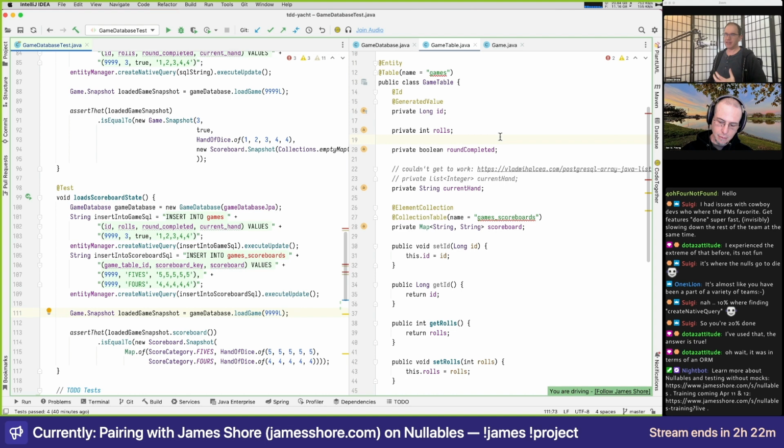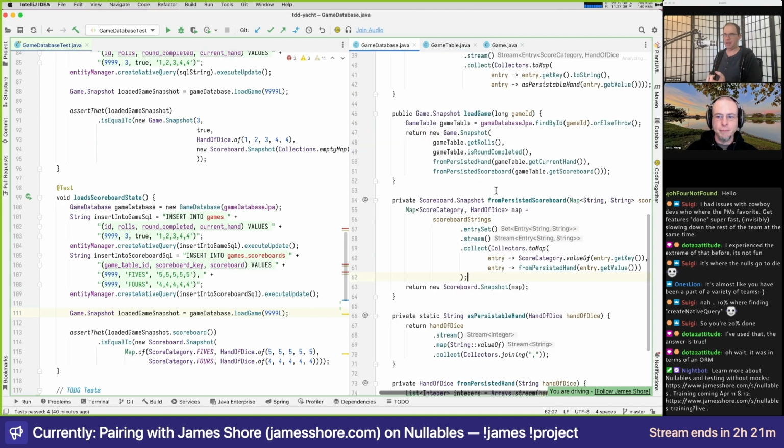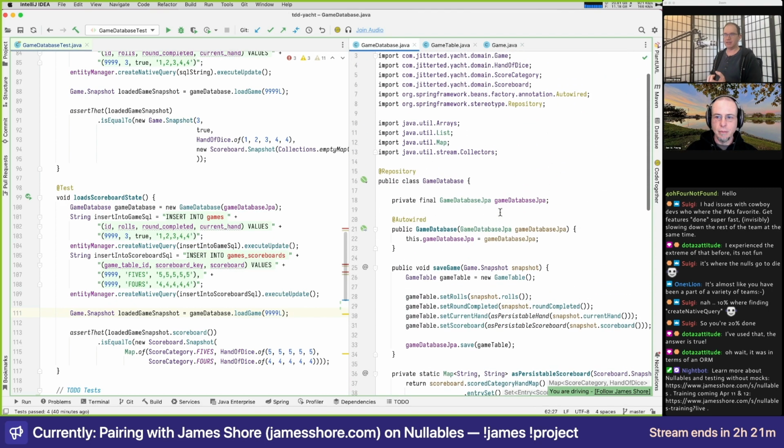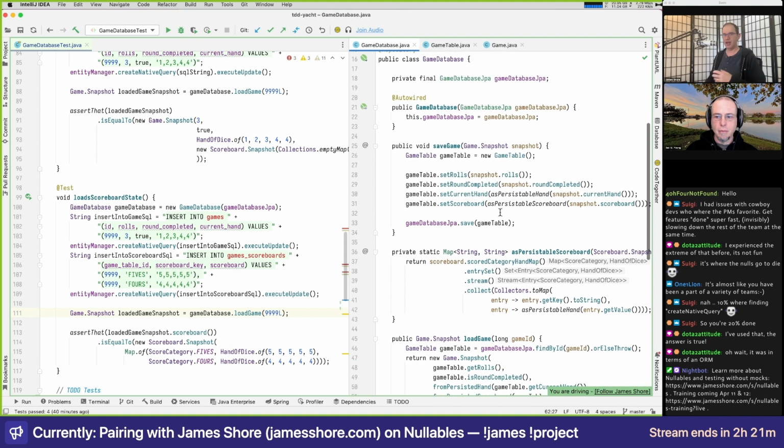So as I think about how I might implement this in the future, I'm thinking that we've got the primary key that's secret to the database. For multiple games, we're going to need some sort of, I would probably use a GUID to represent the handle to the game that we expose to the user and to the application. Mm-hmm. So that's an additional column, and it's a parameter on load game. Right. And maybe on save game, or maybe that's part of our snapshot. I don't know exactly where we store that handle.